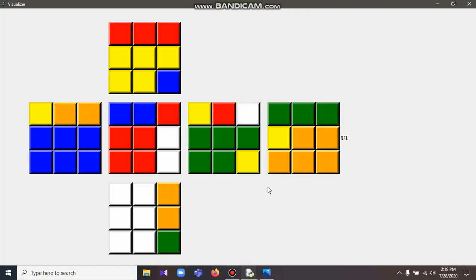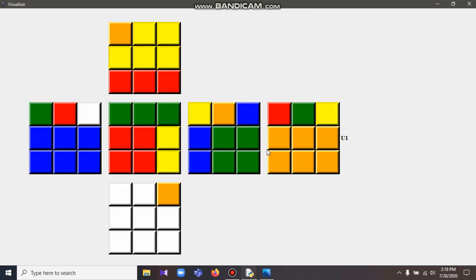As you can see, about 2 of the layers are solved and the last one remains.